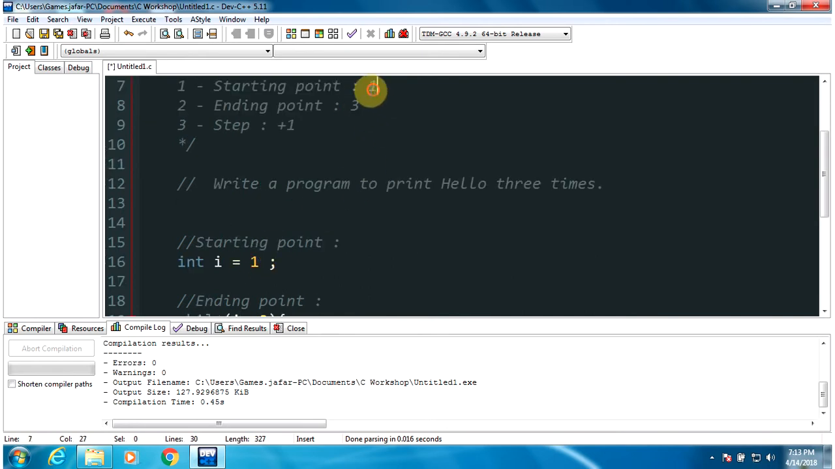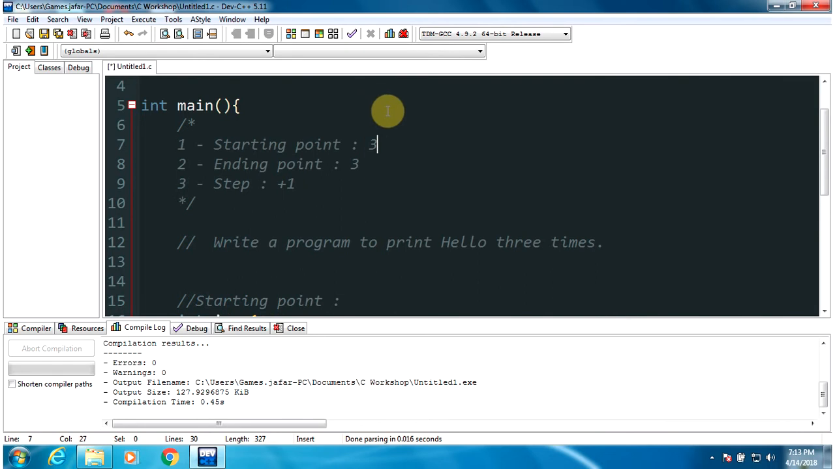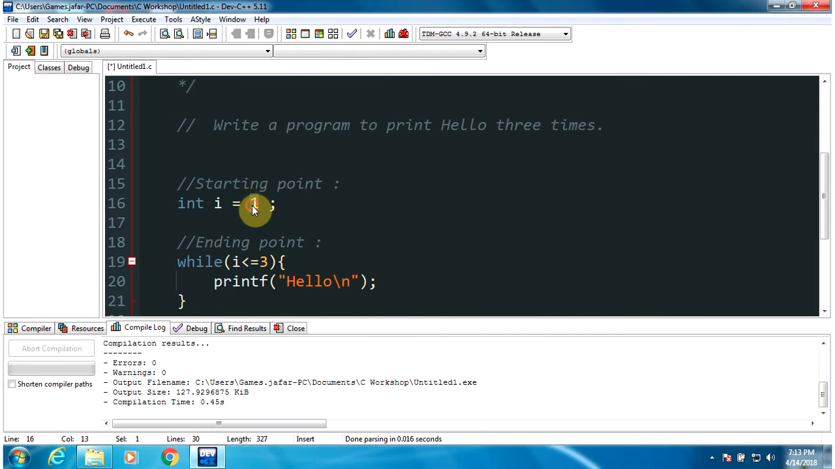If we are going from 3 to 1, then we are going from the high level to the low level. So what to do here? We start our starting point from 3, and here we put our ending point as 1. But this condition should be the opposite. i should always be larger than or equal to 1, because it starts from a larger value than the ending point. Okay,